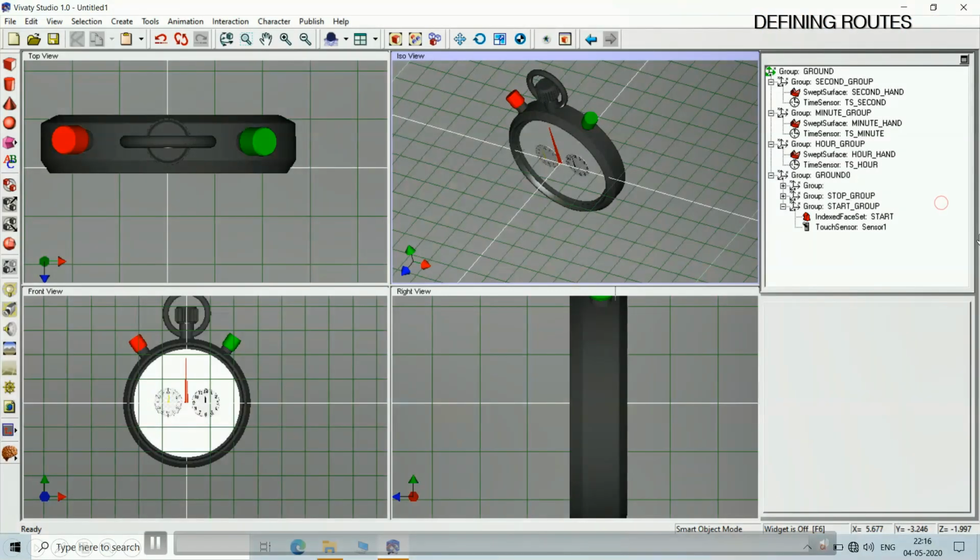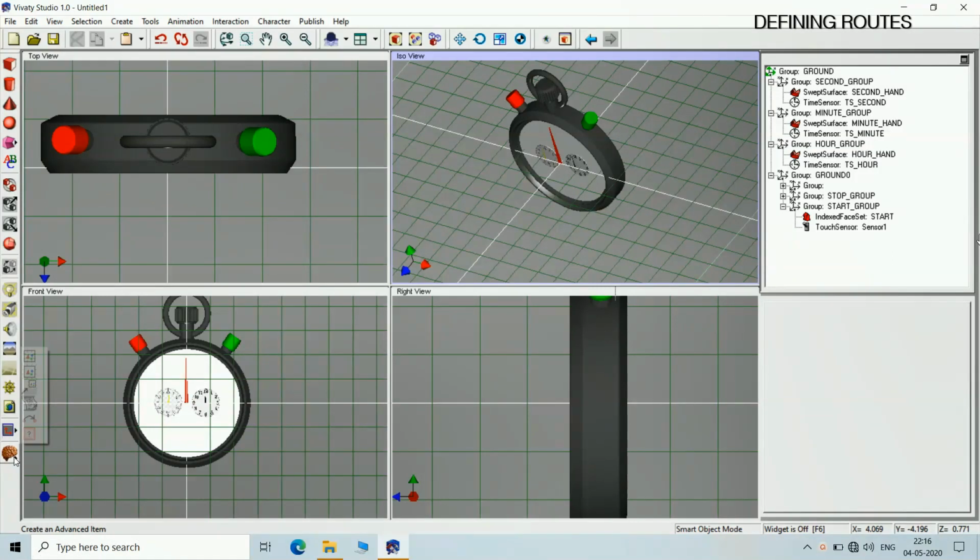Now we will be defining the routes. So we have actually created the trigger for starting. Now these routes will actually initiate the stop action.